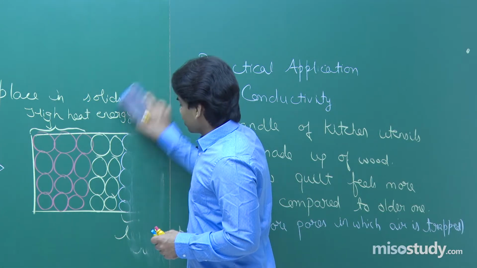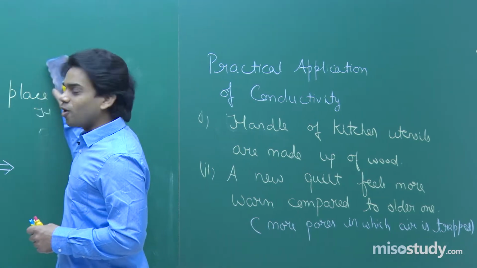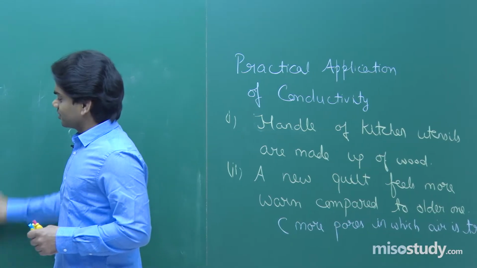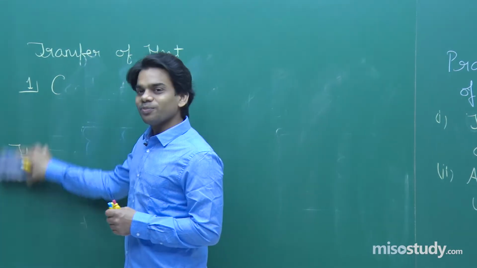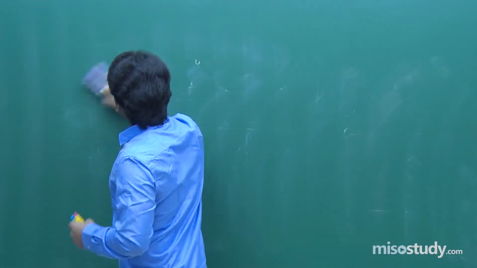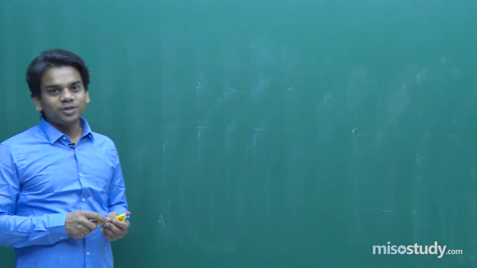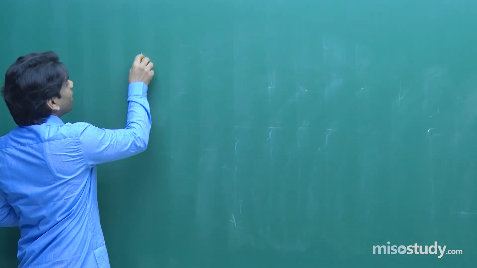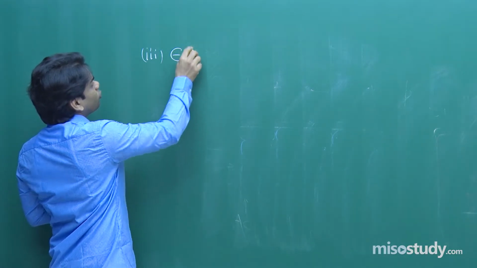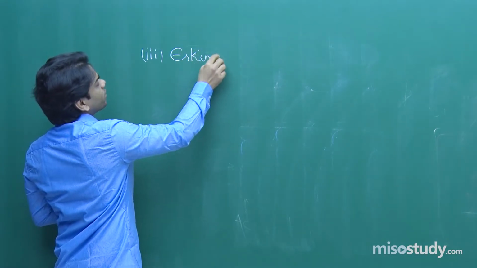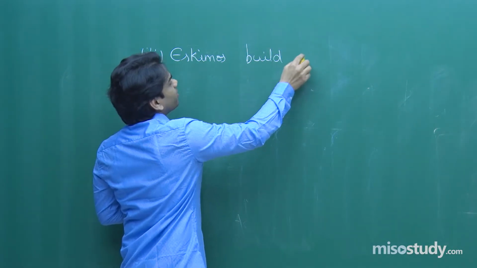There are more applications. Now, see, Eskimos, when they build their houses, build them of bricks made up of ice. That is, they use ice blocks to build their house. Now, they actually make a double wall. Why is that so? That's quite simple. Eskimos build a double walled house